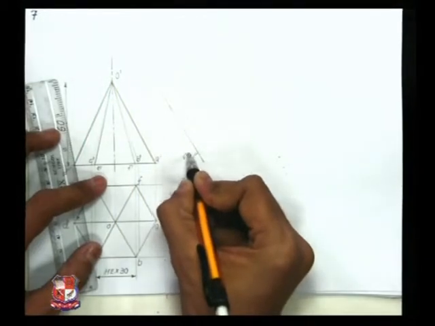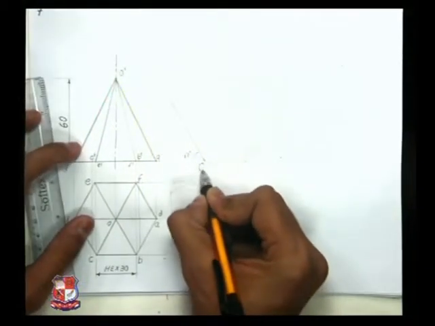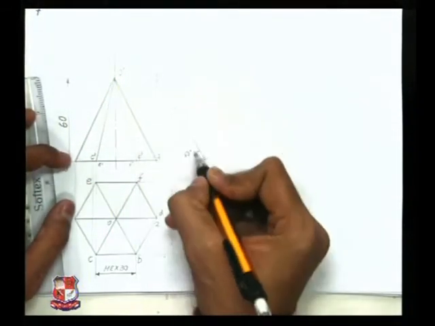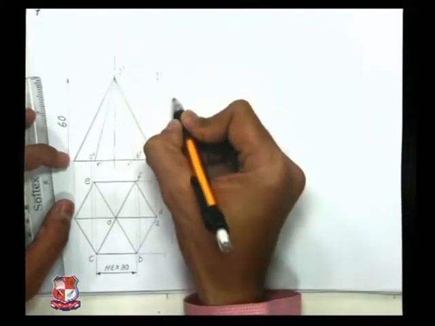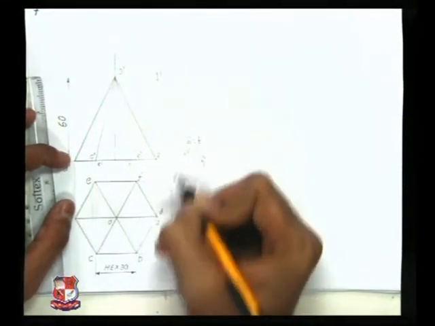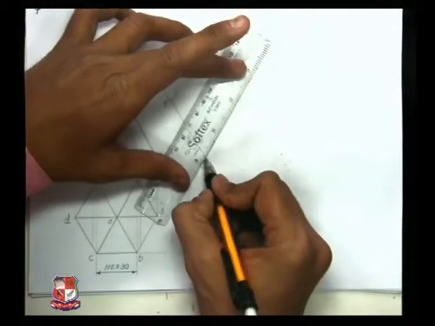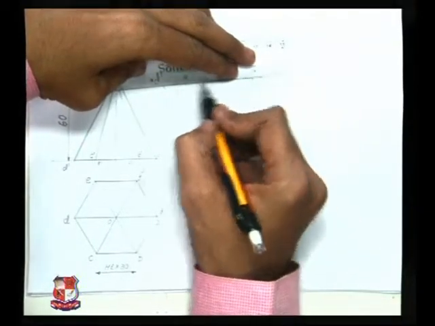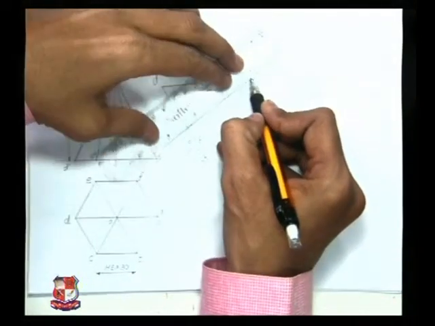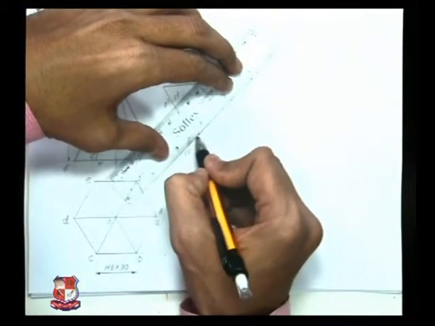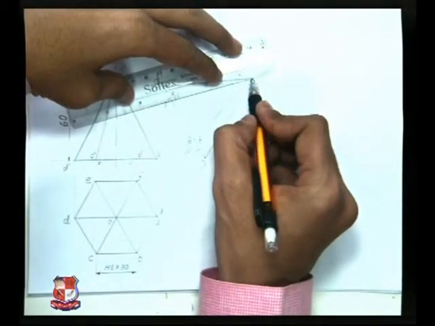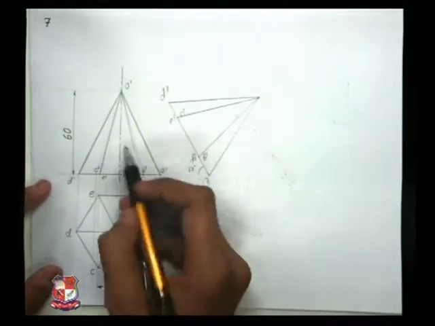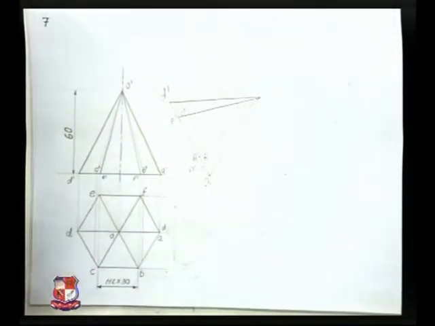This angle is 60 degree, and this is this base A dash D dash. So name here A dash D dash. Intermediate points are there, B dash, C dash, E dash, and F dash. Transfer all these points from its front view either by measuring the distance or taking the arc from respective points. So this is the redrawing of its front view such that its base makes an angle of 60 degree with XY line. Just we have redrawn this triangle at this angle.